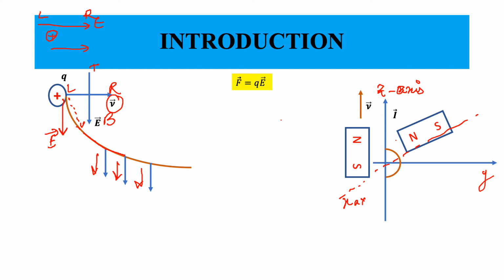Now what would happen when you have such a magnet introduced near the current carrying conductor? The thin wire, or this conducting wire, would get deflected. It would experience a small amount of deflection, depending upon how strong the magnet is. But if you do not put in a large magnet, you would see a very small amount of deflection along the y-axis.